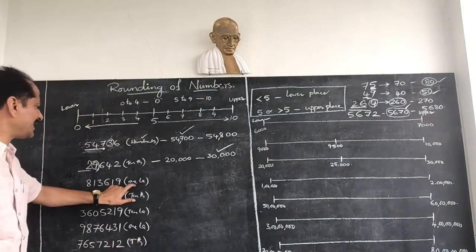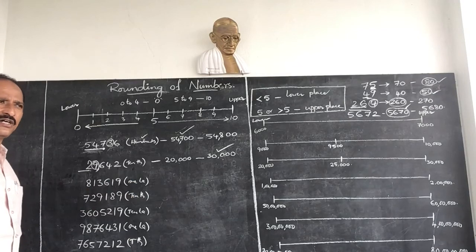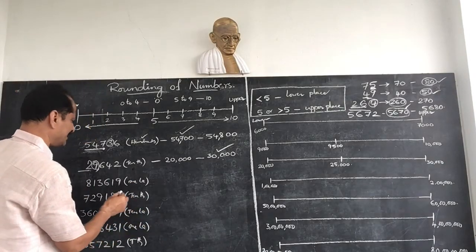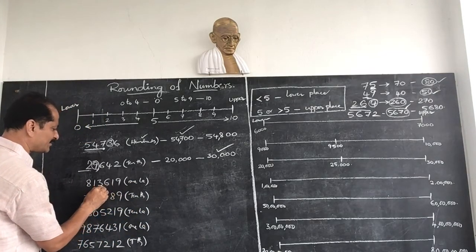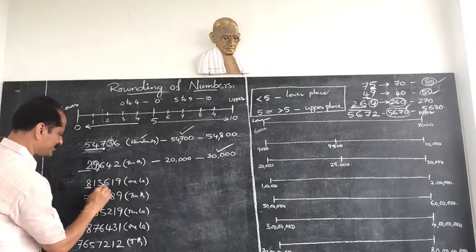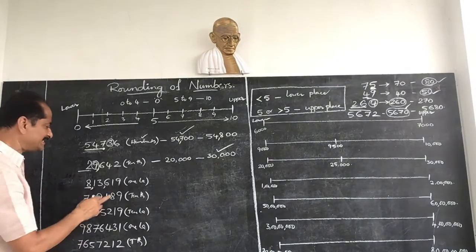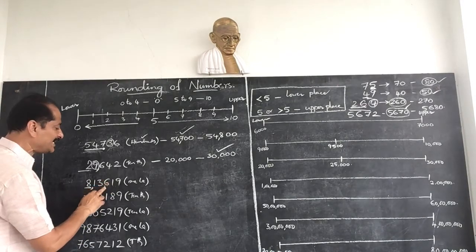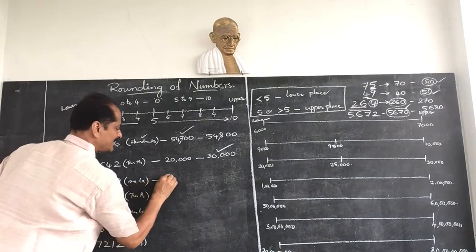So now here he asked for 1 lakh. So he is asking for how many 1 lakhs are there? See, 1s, 10s, 100s, 1000, 10,000, 1 lakh. That means 8 1 lakhs are there. That means units, thousands, lakhs. That means this number is in between 8 lakhs